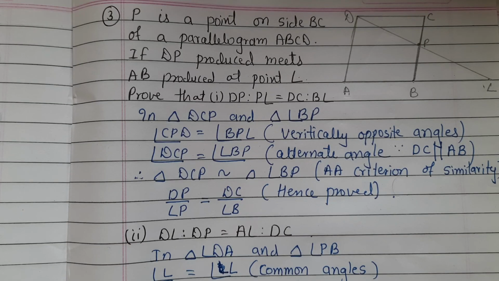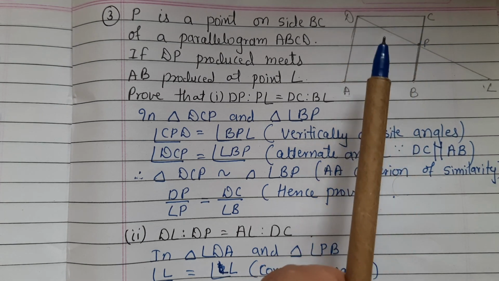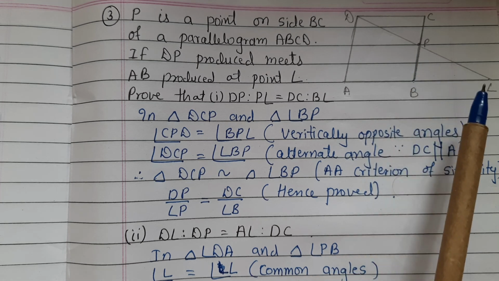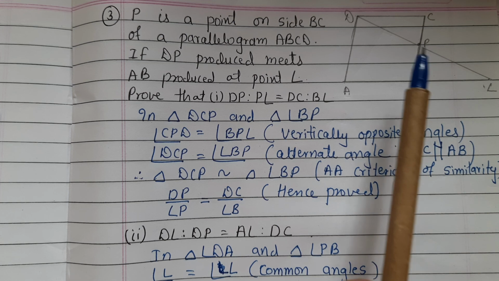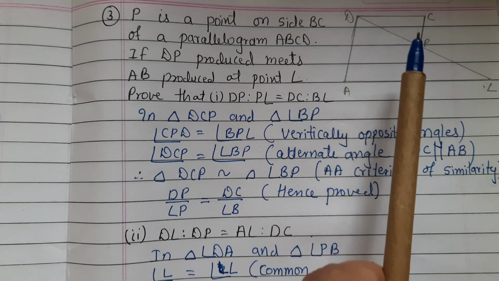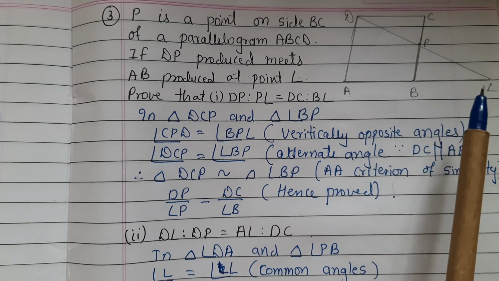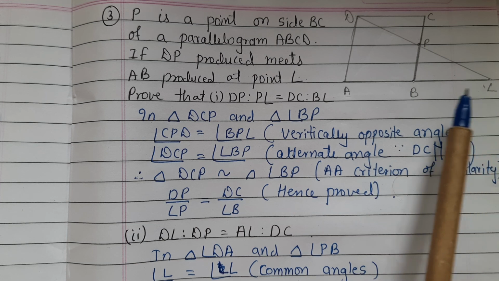3. P is a point on side BC of a parallelogram ABCD. DP produced meets AB produced at L. Prove that DP upon PL is equal to DC upon BL. In triangles DCP and LBP,